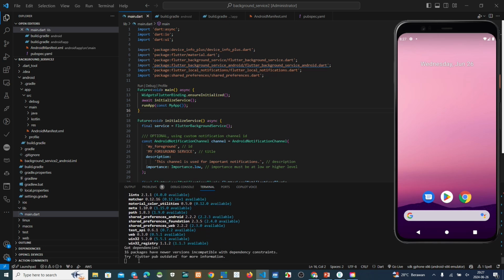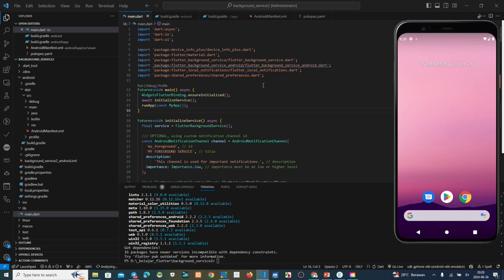This is the Flutter pub update information, to show us there is a new version, but we cannot directly use the new version. It depends on my SDK version, on my Flutter version.